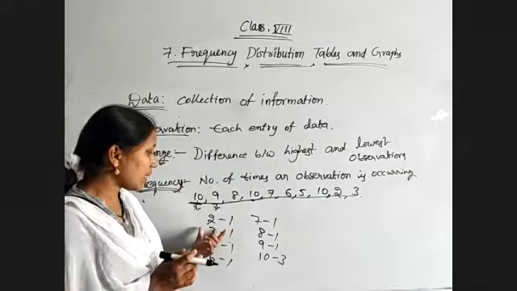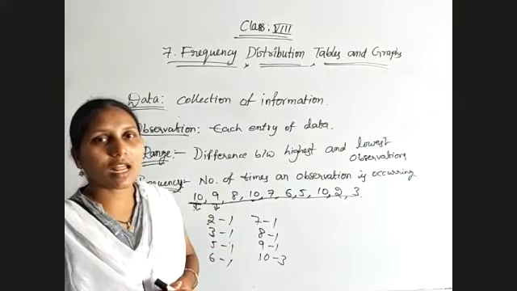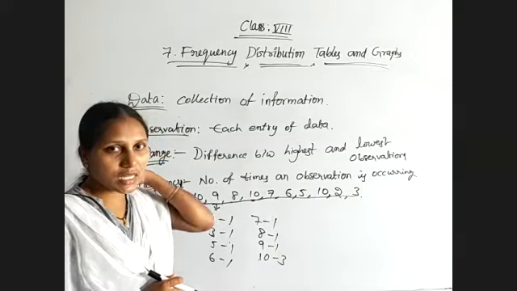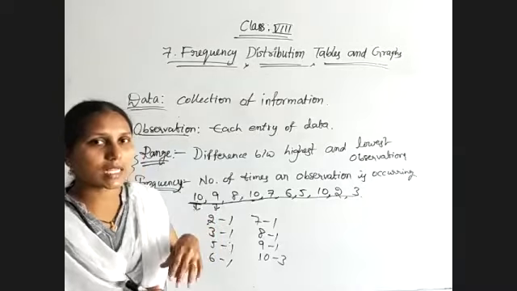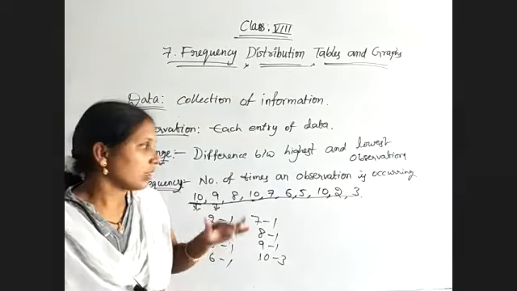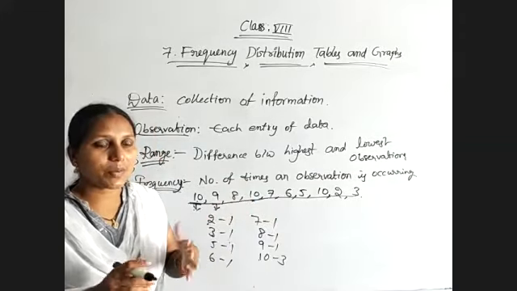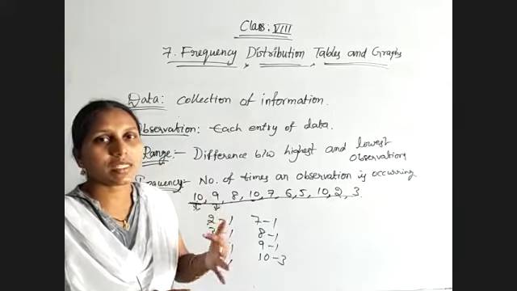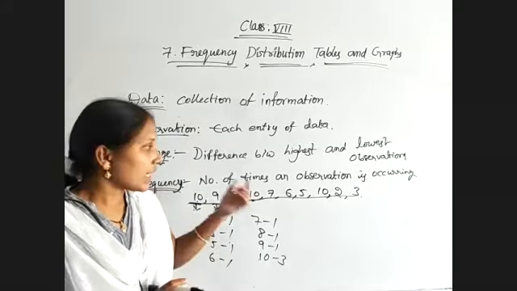Coming to the next one, median. Median is exactly the middle value of the given observations. If the number of observations is even, we take the average of two middle values, and if it is odd, we get a single middle value. So the median depends on the number of observations, but only on the middle value. Extreme values do not affect the median. Whereas